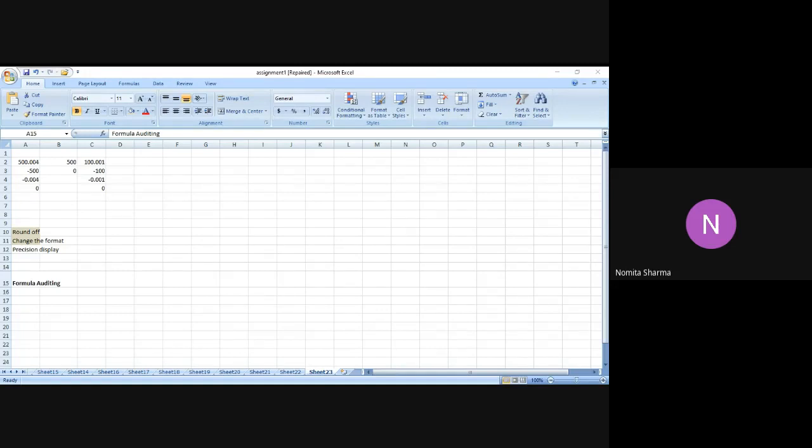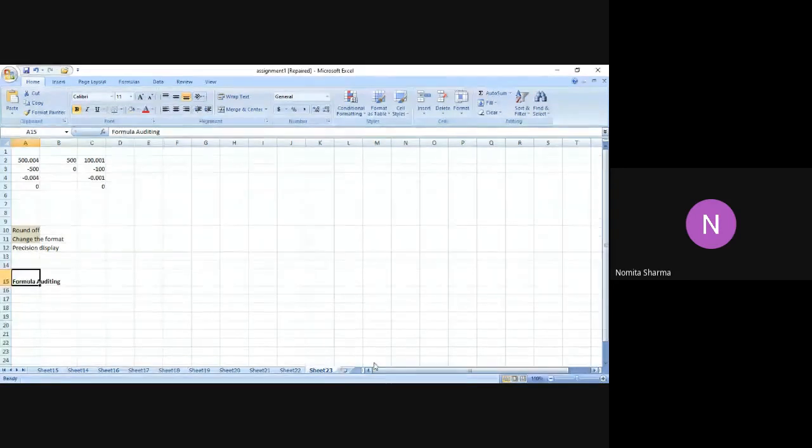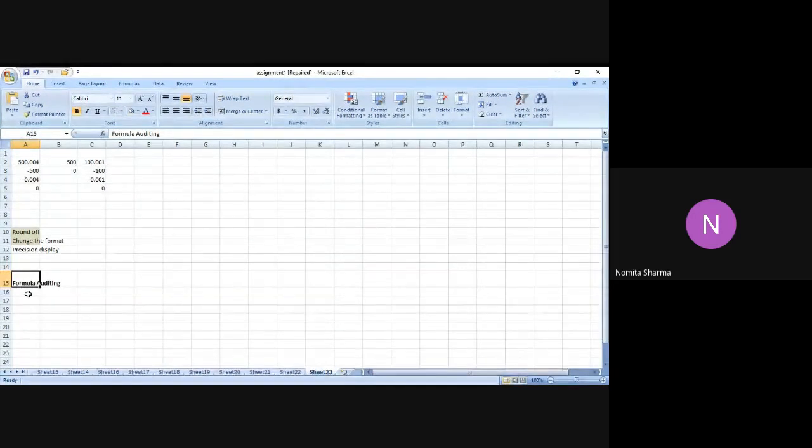So formula auditing is the concept which will allow us to customize our tracking options. We can see the formula, we can track the input of the formula, we can also track the dependence or precedence that we have in the formula, right? So before I use formula auditing, I will have to make a very small table which I will be using for formula auditing. So let me just use a very simple formula auditing option.